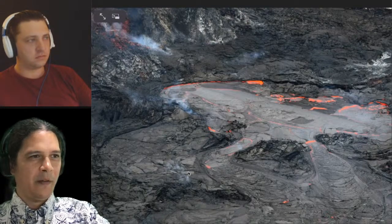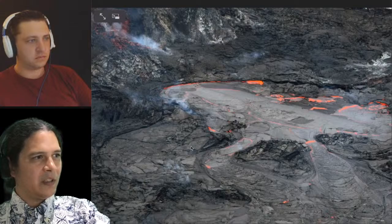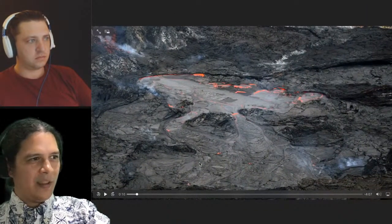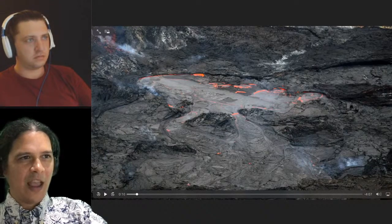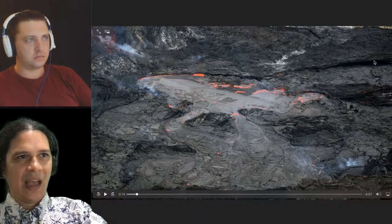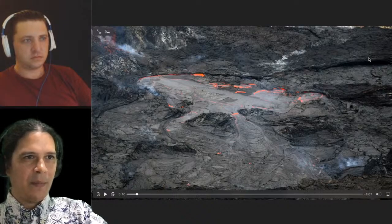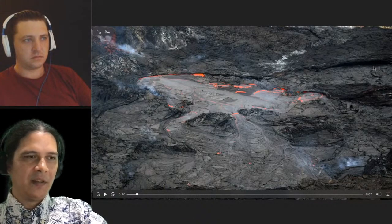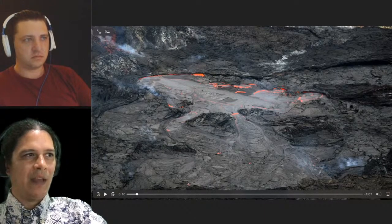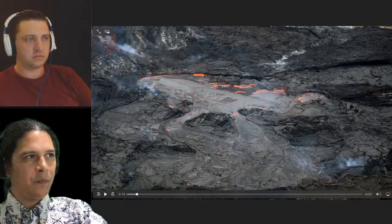It's perched below the areas to the side. Let's see if I can. Oh, I can't in this photograph here, but down over here on the right side, you can see this actually sagged quite a bit down. You can see the gap up here, this shadowy part in the top right of the old levee where the lava was, and as it's withdrawn and retreated, now we really have this elevated area closer to the west